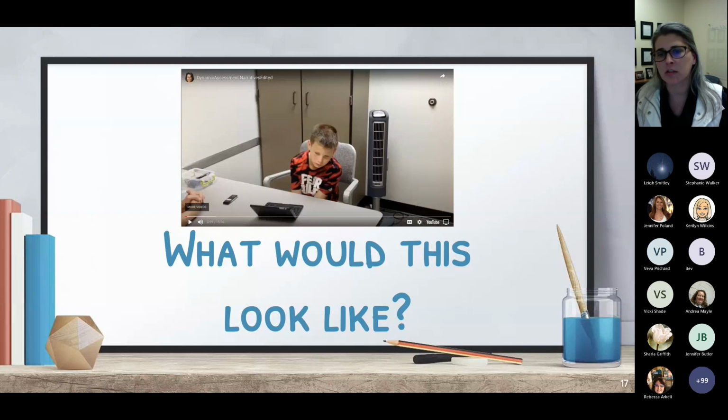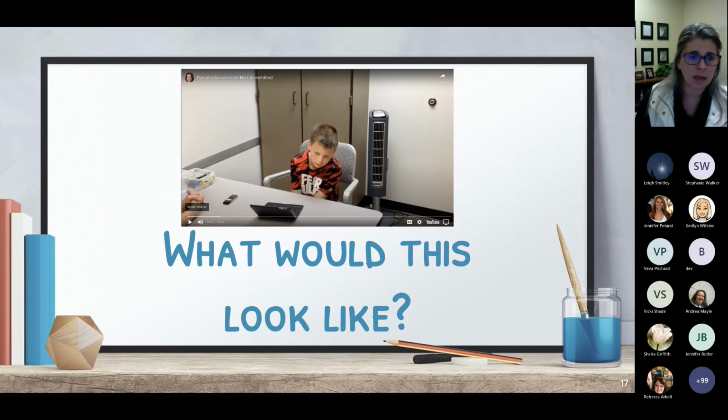It's worse. So one of two things is going to happen if you have a kid that's not ready to just do the narrative retell. They're just going to look at you and you're not really going to get anything, or you're going to get like 3 utterances, like with this kid. I mean, we got a 9-second sample from him just now, and that was all I was going to get out of him. So I have that issue. That's not going to be reliable and valid because it doesn't really show me his true